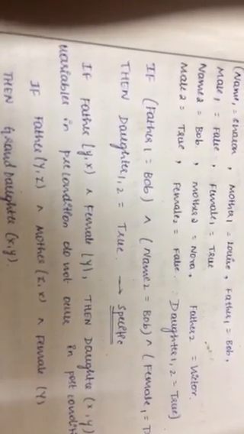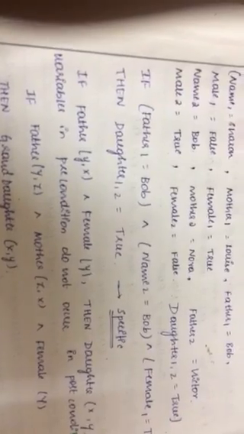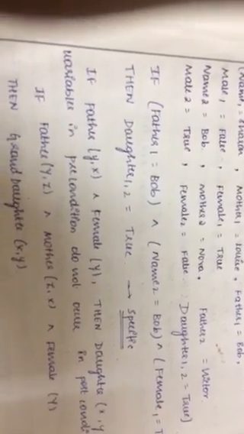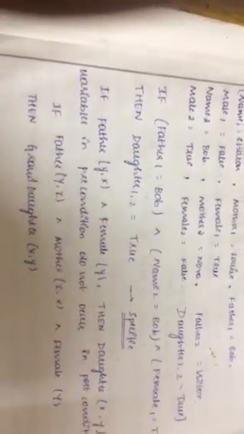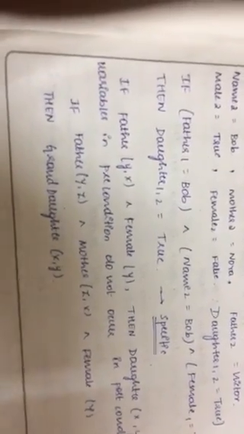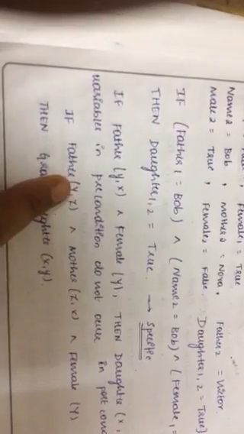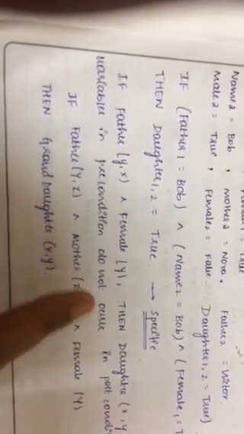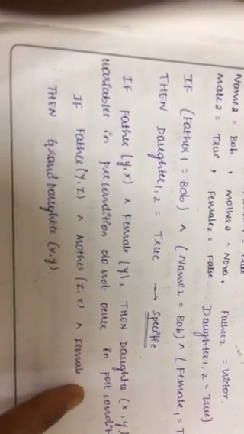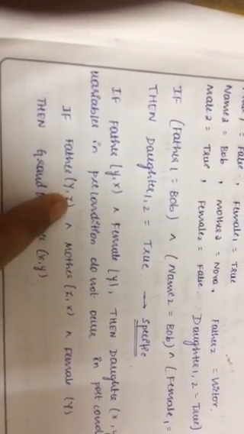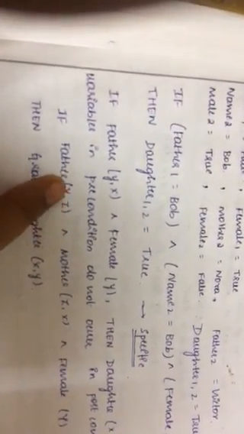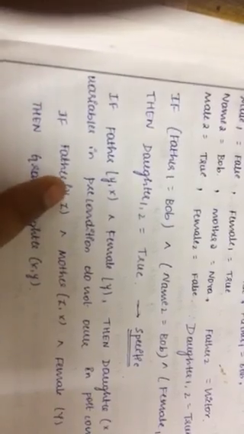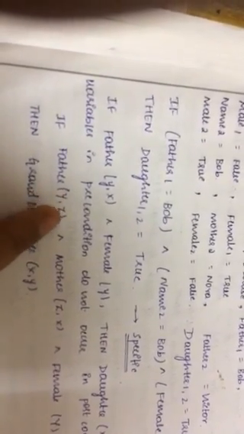Now we will see that in first order Horn clauses, some of the variables present in the precondition don't occur in the postcondition. So let's take one example of a precondition and postcondition. That is, if z is the father of y and x is the mother of z and y is a female. Understand, z is the father of y, and y is a female. So can I say that y is the daughter of x?